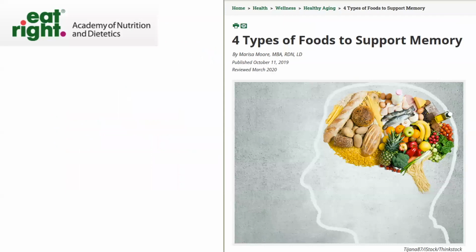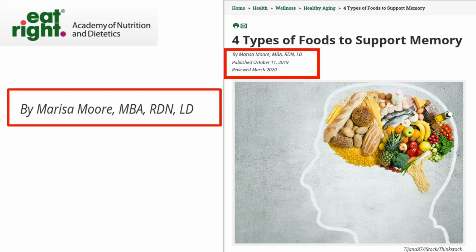So here's an example from the Academy of Nutrition and Dietetics. They have a website called Eat Right with nutrition information. And so they have an article here on 4 types of foods to support memory. So we can see here that they have the author clearly listed, and we see her name and her credentials behind her name: MBA, RDN,